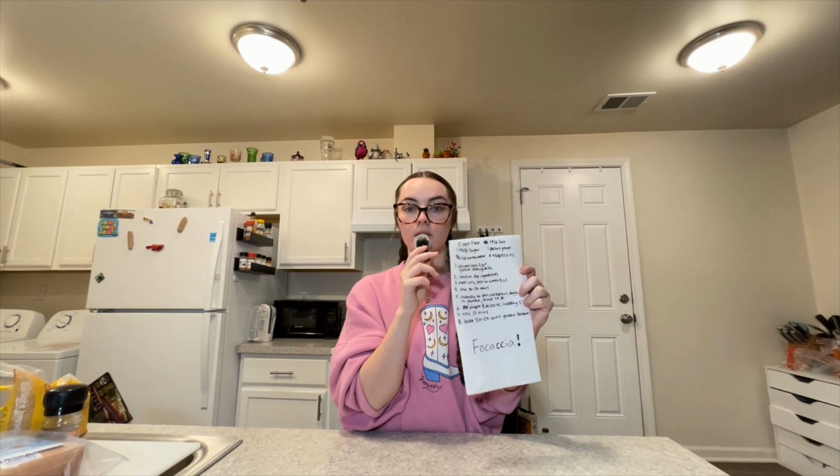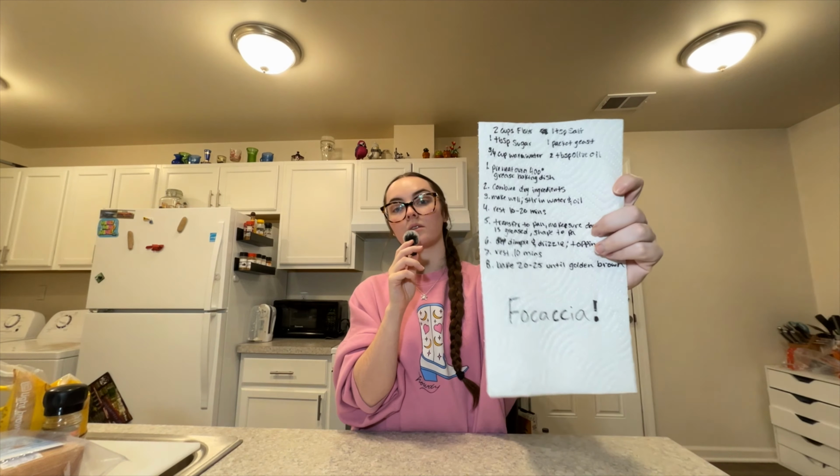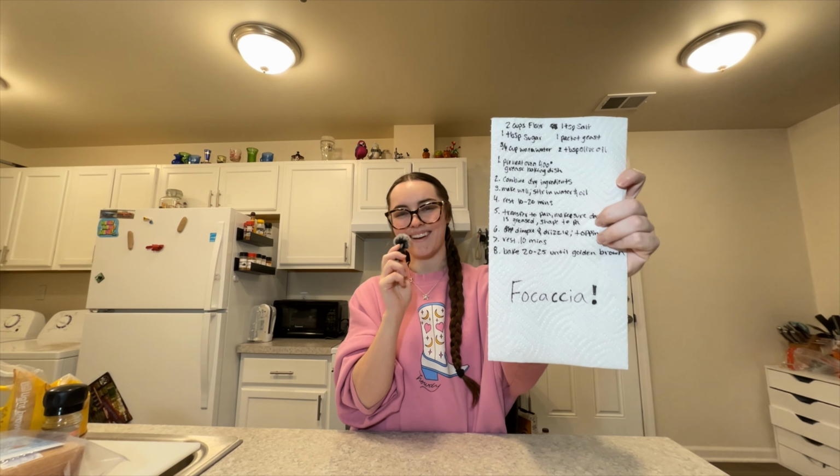I have my instructions and my ingredients list written on this paper towel. And in case you didn't know what we're making,